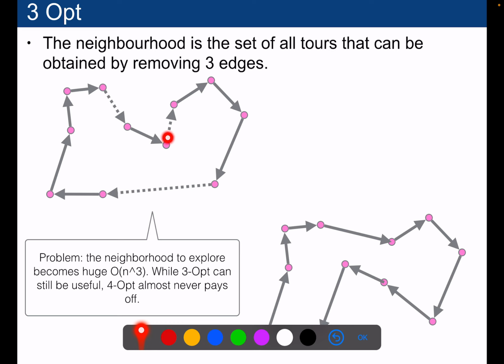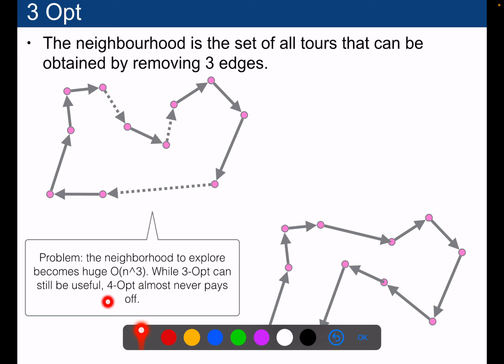And this solution, starting from here, was not accessible by the two-opt move directly. This is why considering a larger number of edges can become interesting, because it allows you to escape from local minima more easily. The problem is that you also increase the time complexity. Instead of n square, you will reach n cube, right? And n cube starts to really impact a lot the time that you need to wait, especially if you have a large number of nodes.